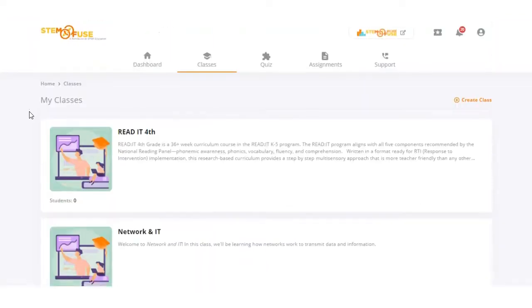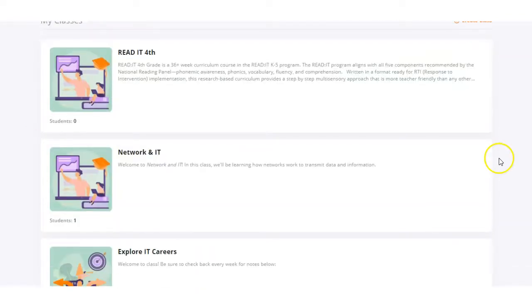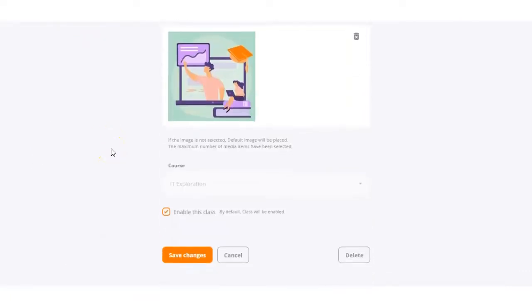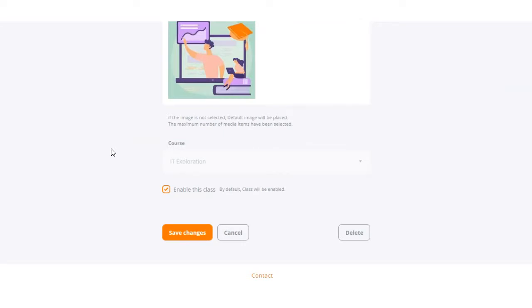So what we're going to do here is we're going to locate our class, and then we're going to hover over it until we see this edit button here. And we're going to go ahead and click that button. Now all we're going to do is scroll to the bottom of the page to edit the class, and then